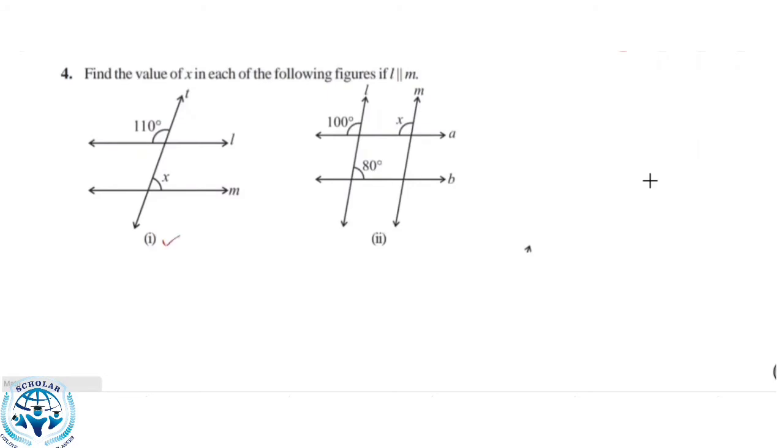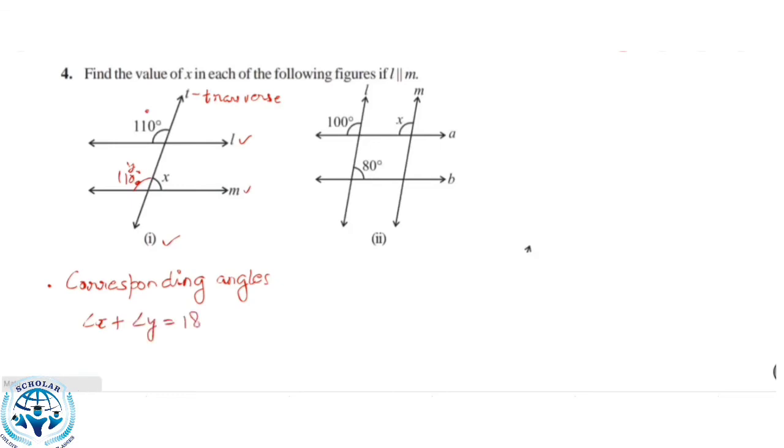Question number 4. Find the value of x in each of the following figures if L is parallel to M. Number 1. L is parallel to M. This is a transversal. So this angle will also be 110 degrees as they are corresponding angles. If one angle is 110 degrees, x can be easily